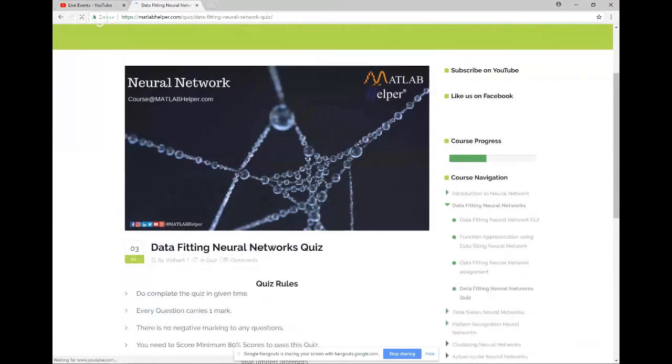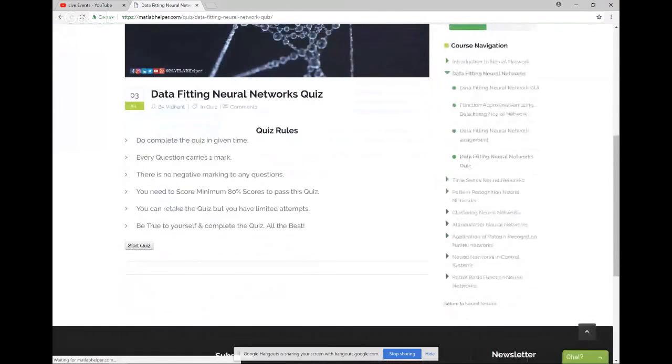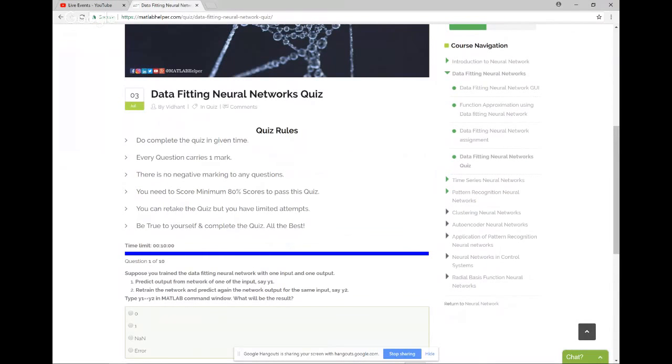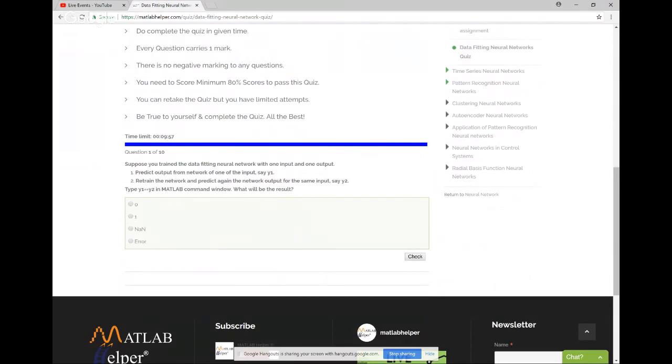I'll just tell you how the quiz works. It's a very simple quiz. Here are some rules to complete the quiz in the given time. Every question carries 1 mark and you need to score a minimum of 80% to pass the quiz. So let's start the quiz and get the first question. I'm just showing you how to answer. This is the first question, I'll randomly answer.